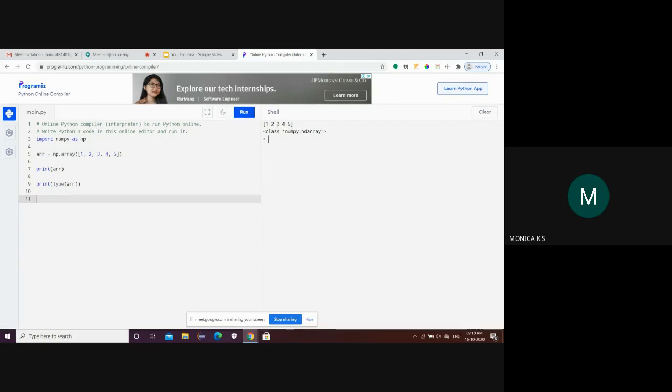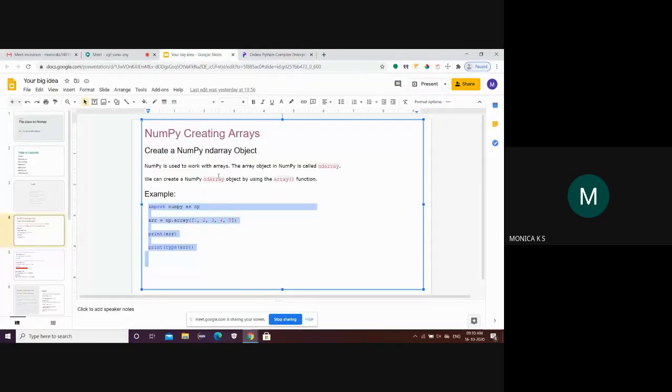This is the array which I have created, and this type function is used to give the output like which type of object we are using. This function is used for showing the type of object. So as I said earlier, here we are using the ndarray object for creating those arrays.